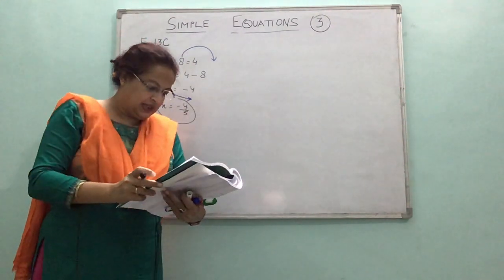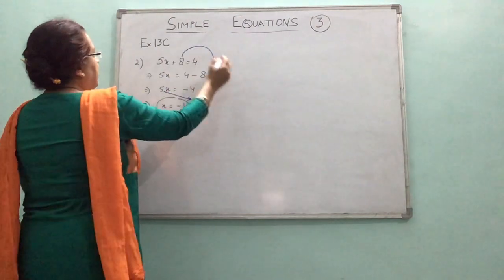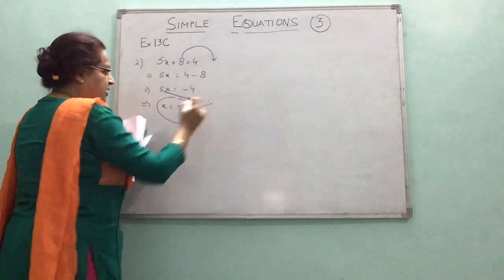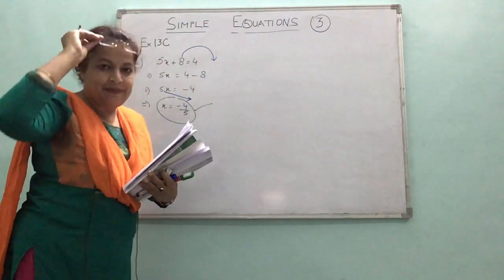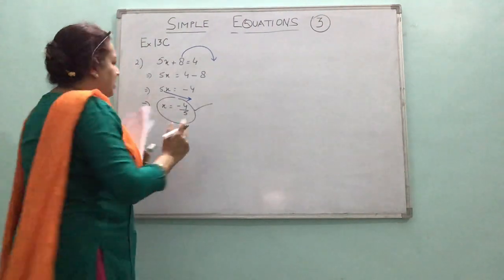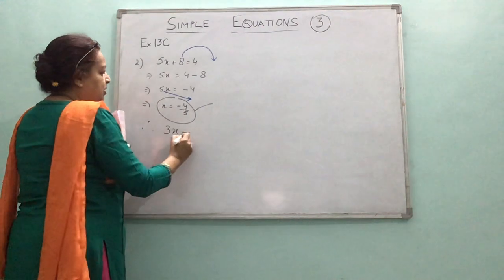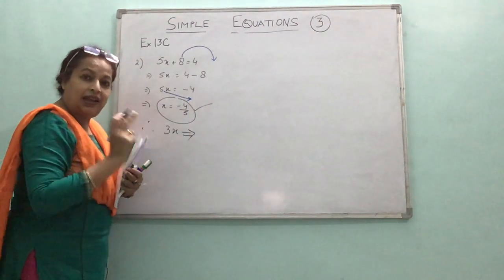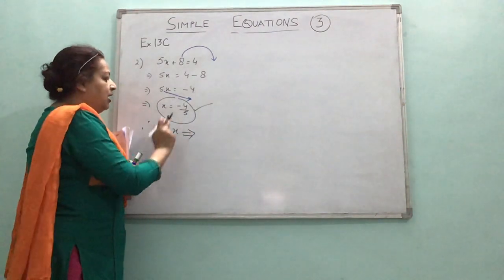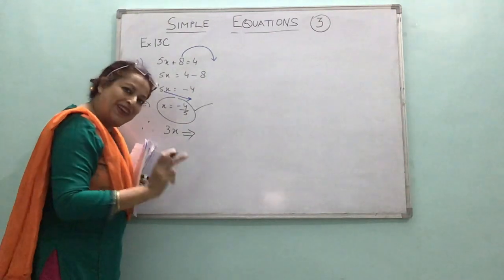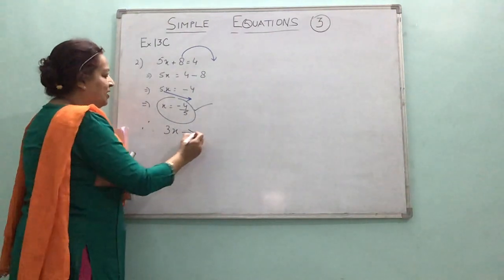Okay, so they're not asking, I didn't write the full question. Okay, 5x, we have to find value of 3x. So it's not value of x. So therefore, 3x means what? What does 3x mean to you? 3 multiplied by value of x, right? So what would it be?